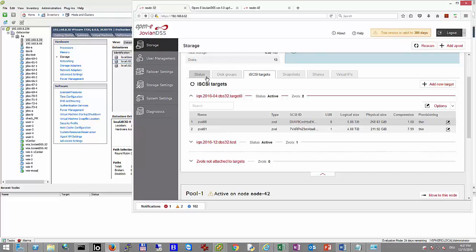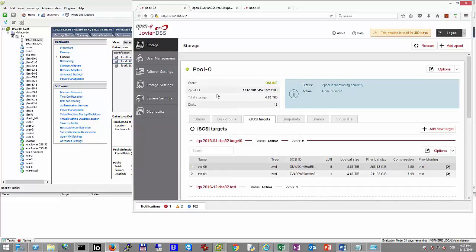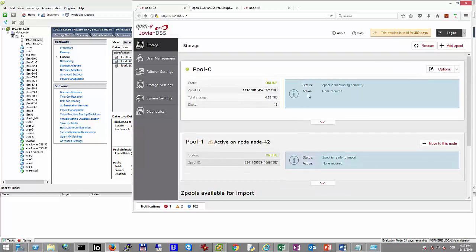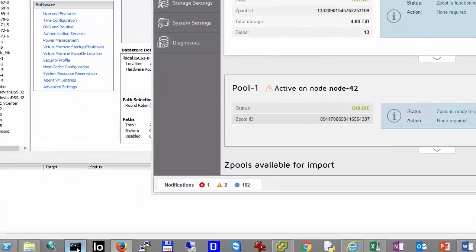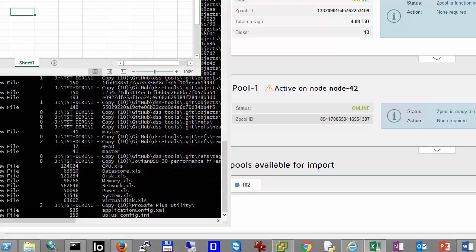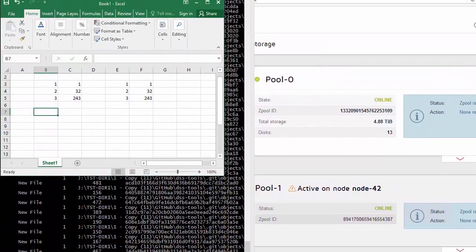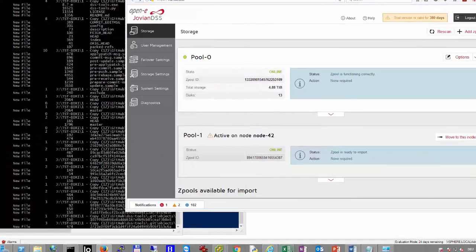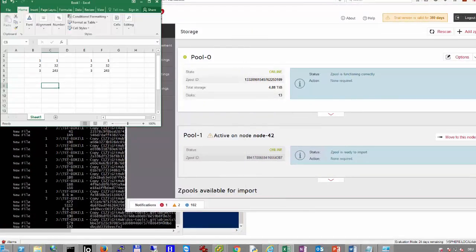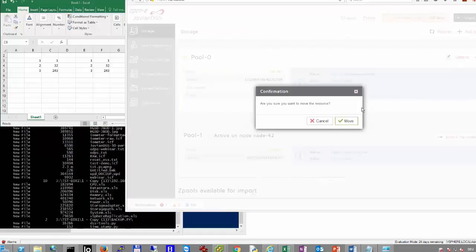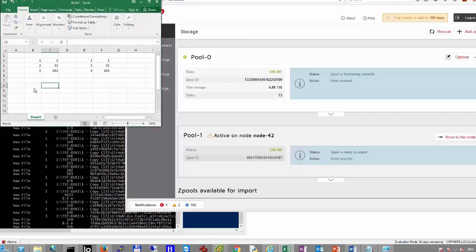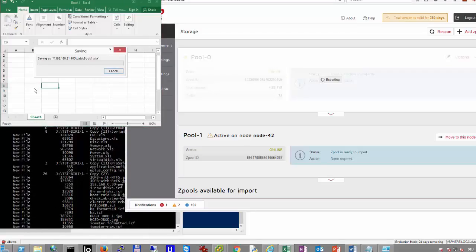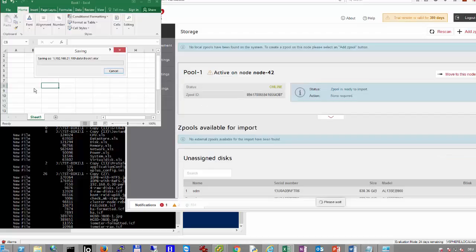Okay, so I hope that was a good demo. For the rest, we can make the failover one more time and show how it works. So I have Excel, I have MS SQL, right, and I'm trying one more failover. Good, it is failing over, so I'm trying to save my Excel all the time.